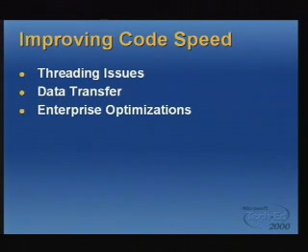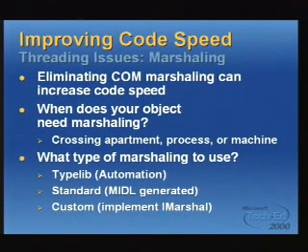Now, let me switch over to the flip side of that, the code size. Let's talk about code speed. Obviously, I was talking about the standard CS algorithm optimization earlier, but there's a lot of things that go on within the confines of Visual C++, COM, data transfer, you name it. There's a number of things that can just go wrong there and just thoroughly mess you up. Let me first talk about threading issues. COM, as any of you have ever read one of Don Box's books or taken one of his courses or learned anything about COM threading,